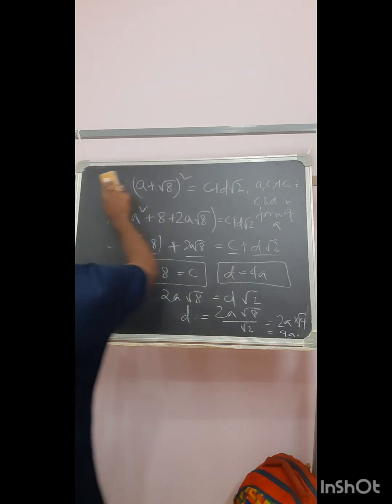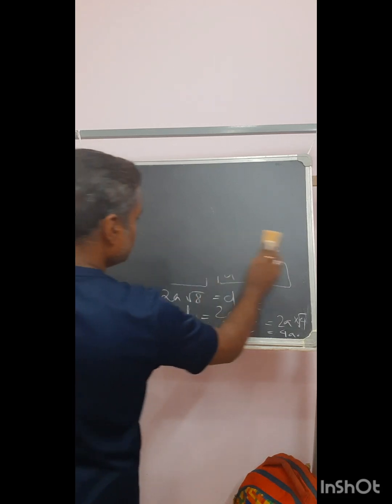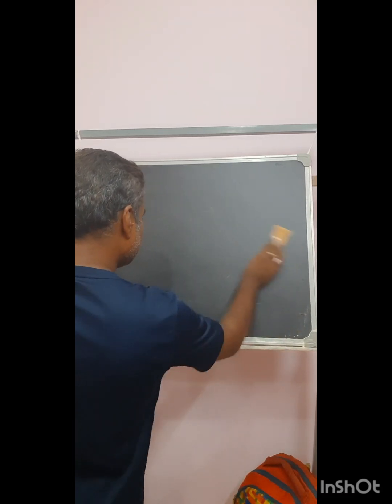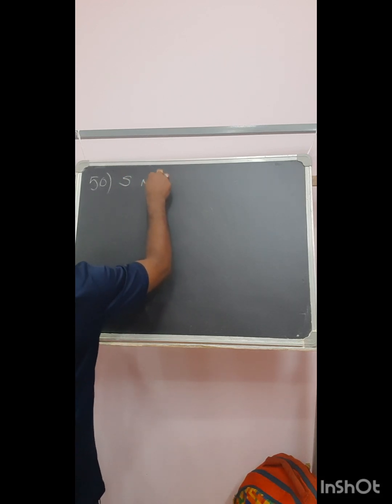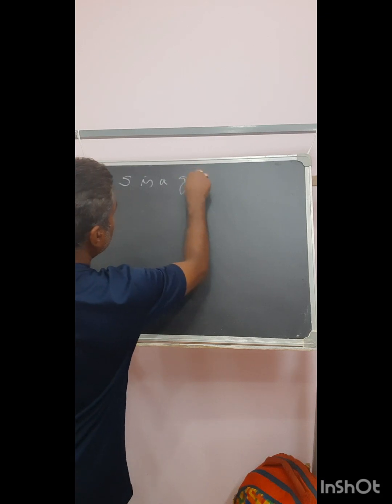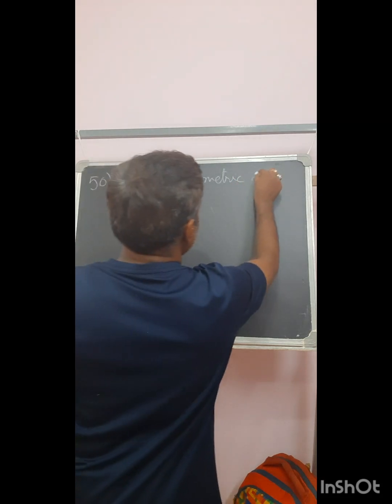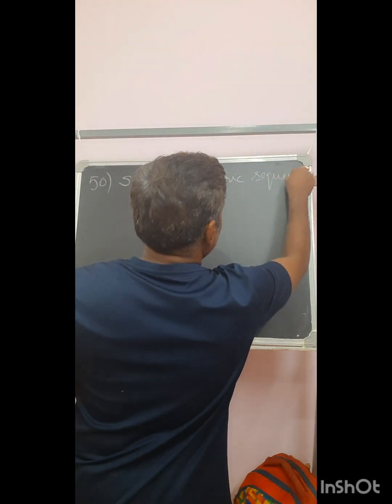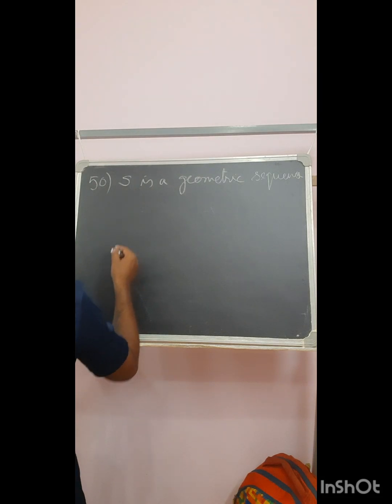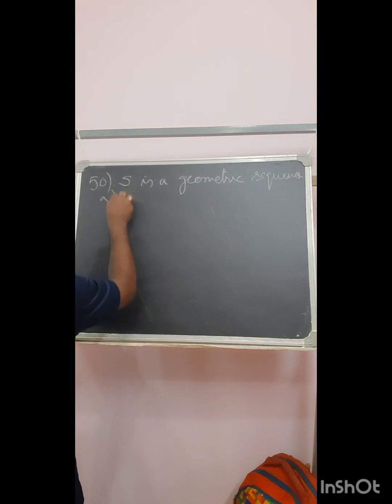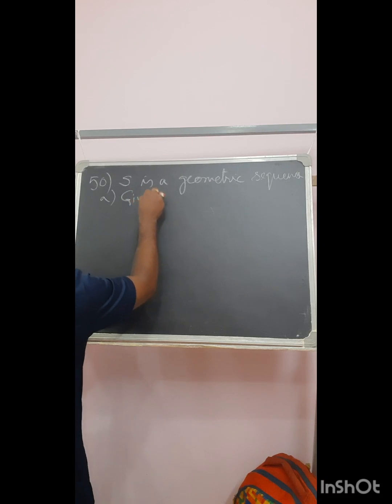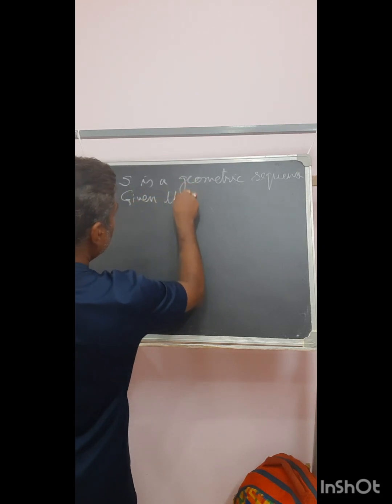So coming to the last problem in this surds section. This is a bit of an exceptional problem, so you have to consider that. S is a geometric sequence. Okay, then given that